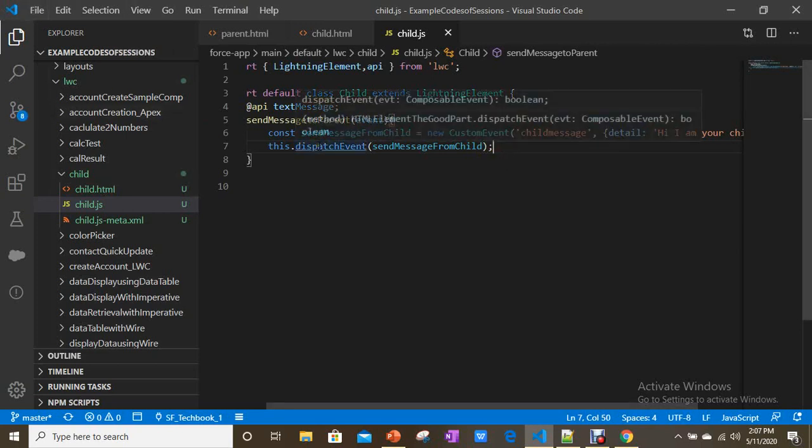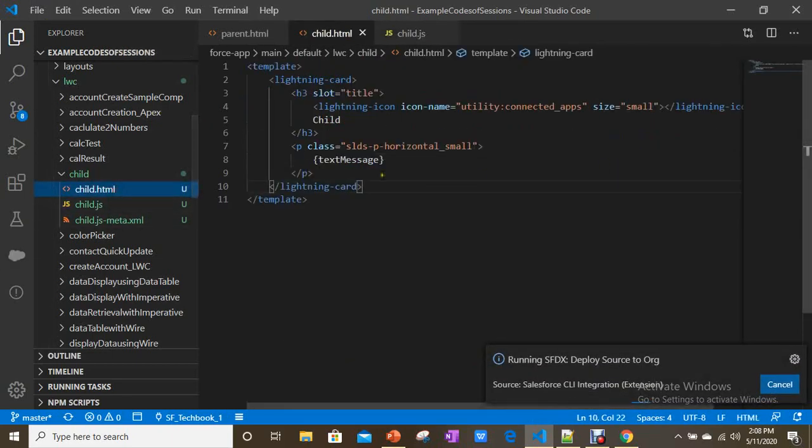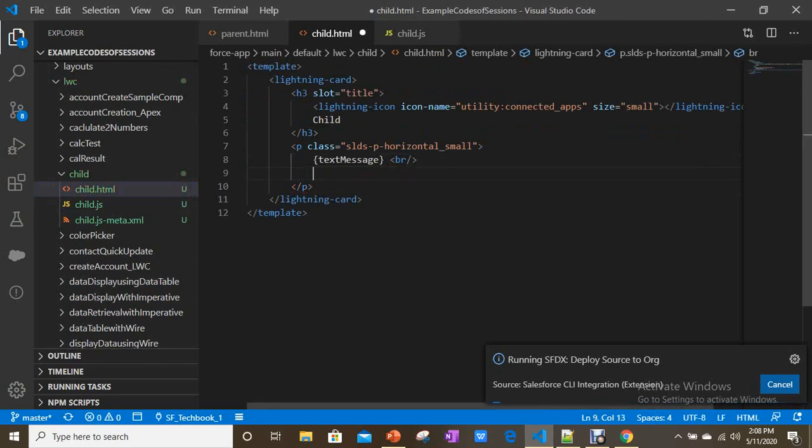Now let's save this, and I'm going to add one button in the child markup.